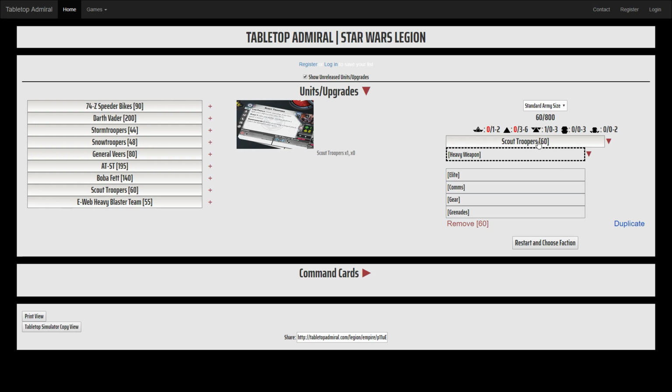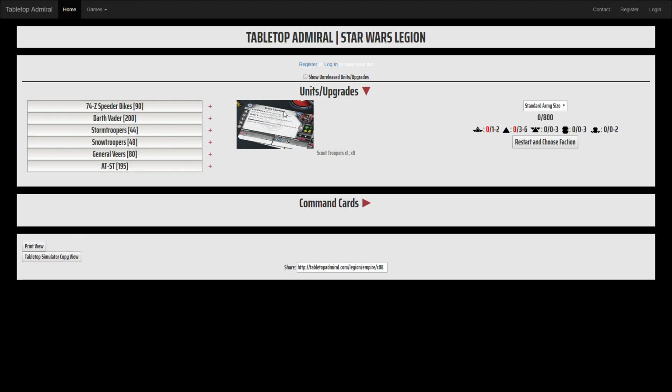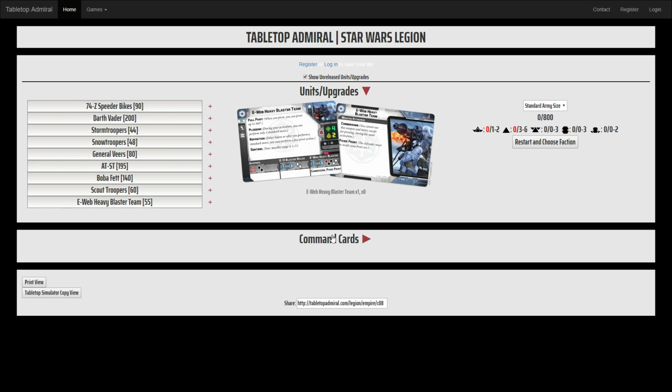So we don't have everything that's available for them. It's kind of like in prototype, so we can't really build a detailed Scout Trooper list just yet. But that being said, it's useful to have this. And if you only want to see what's available now, then you can just turn that off. But we do kind of want to use that. And what I'm going to focus on today is our new support that recently got spoiled, the E-Web Heavy Blaster